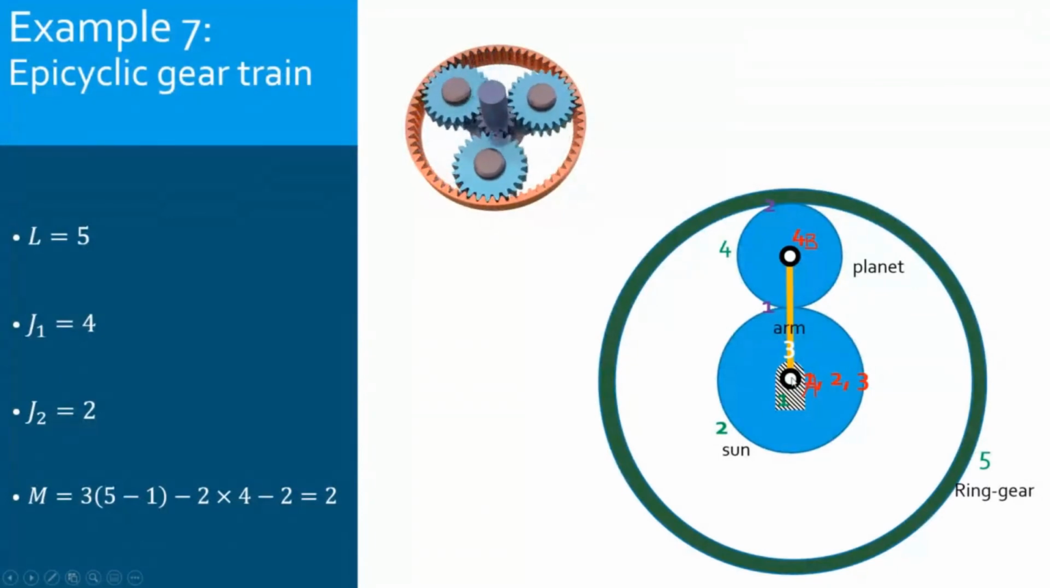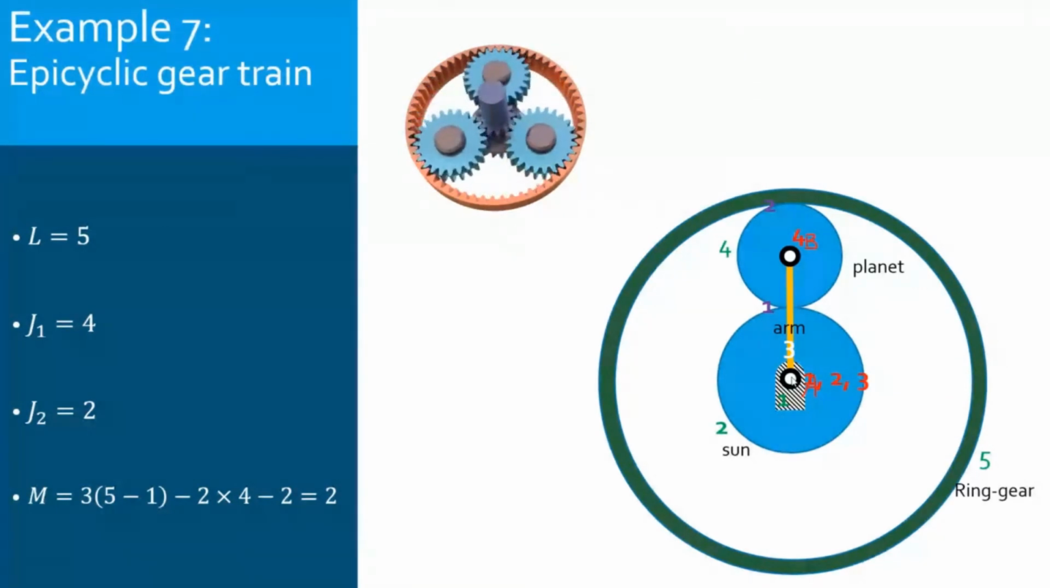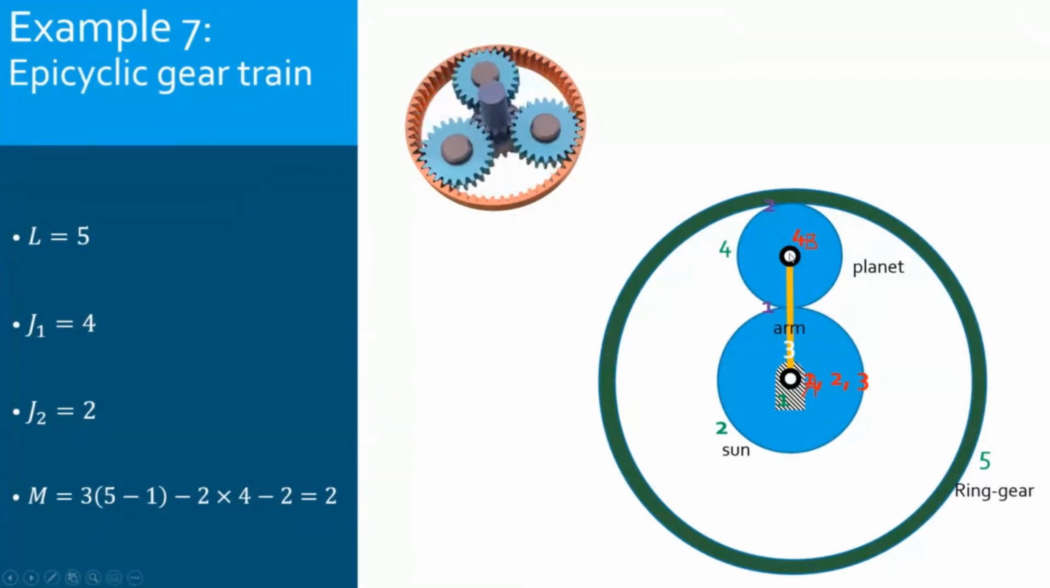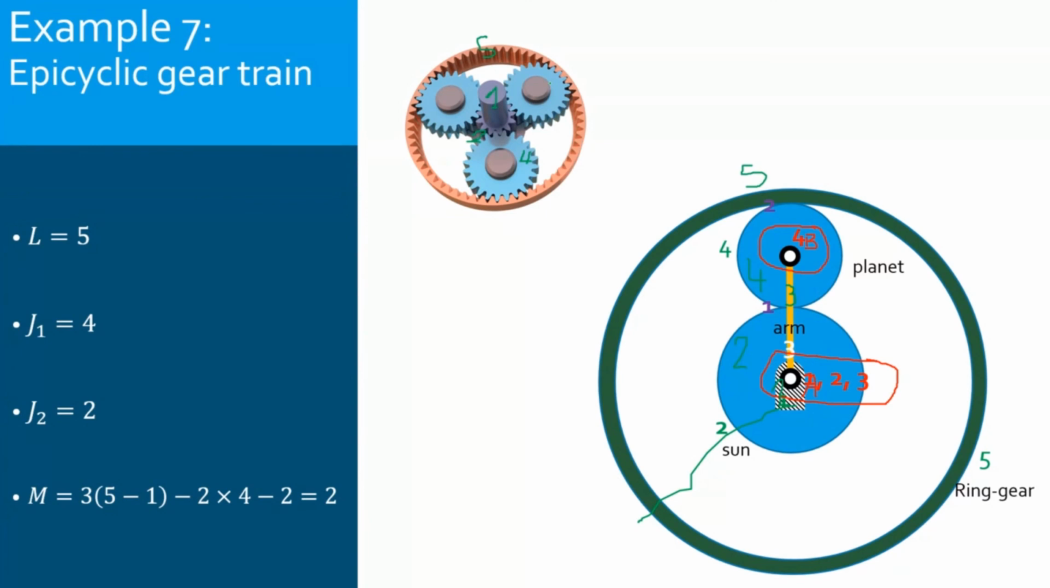It is 1 pin joint between the ground and the sun, 1 pin joint between the arm and the ground, and 1 pin joint between the ring and the ground. This pin joint is of order 3, so I should count it 3 times. And this one is of order 1, so I should count it only 1 time. So I have 1, 2, 3 for the central pin joint and 4 for this one. So in all, I have J1 equal 4. If I substitute here L equal 5, J1 equal 4, J2 equal 2, I will get that the